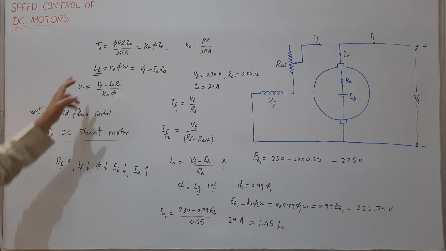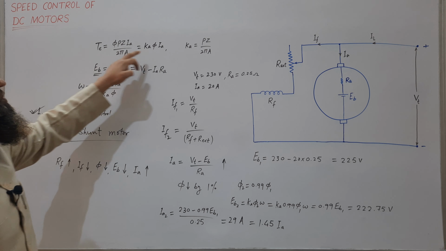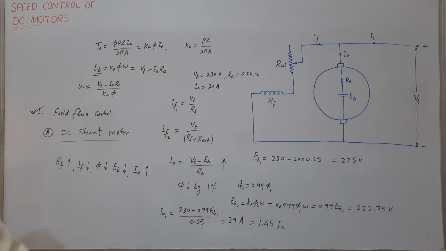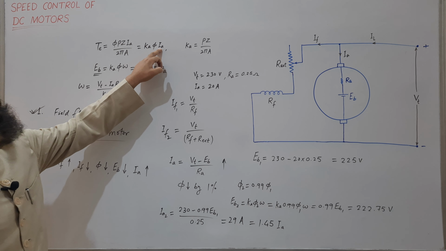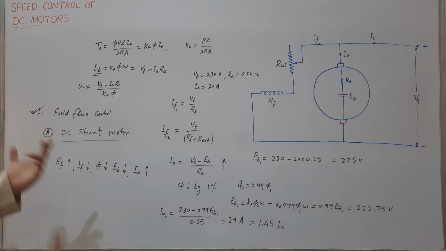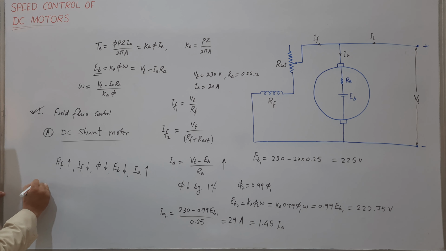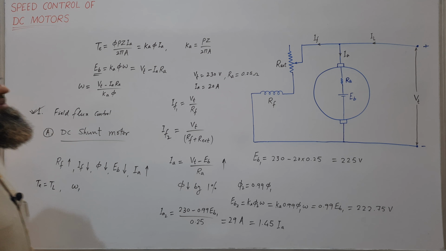So finally, we can conclude that TE increases due to the larger increase in IA. However, phi is decreased, but the extent is very less as compared to the extent of increase in IA. Earlier the machine was running at a certain speed, let us say omega 1, because there was a balance between the two torques, electrical torque and mechanical torque. Hence, a speed was maintained.